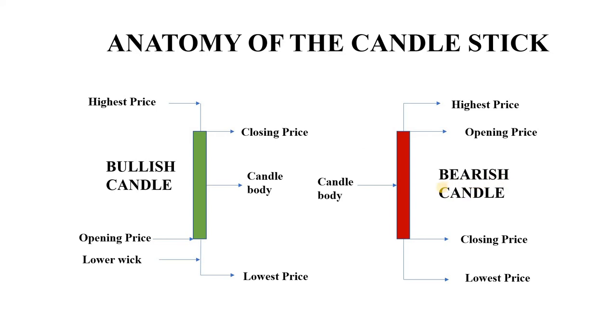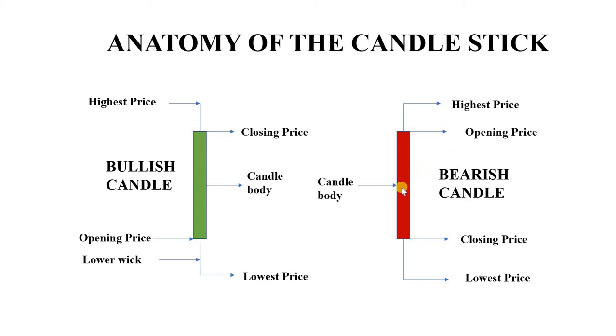Now each of these two candles represents two groups of people in the market. When you go to the market or view the chart of a particular asset or commodity, you see these two different candles, the green candle and the red candle. The green is called the bullish candle and the red is called the bearish candle. Like I said, the green candle represents buyers in the market, and the red candle represents